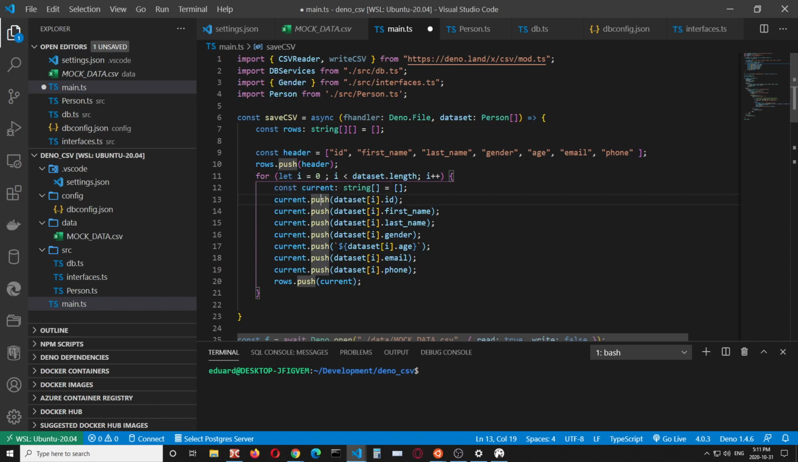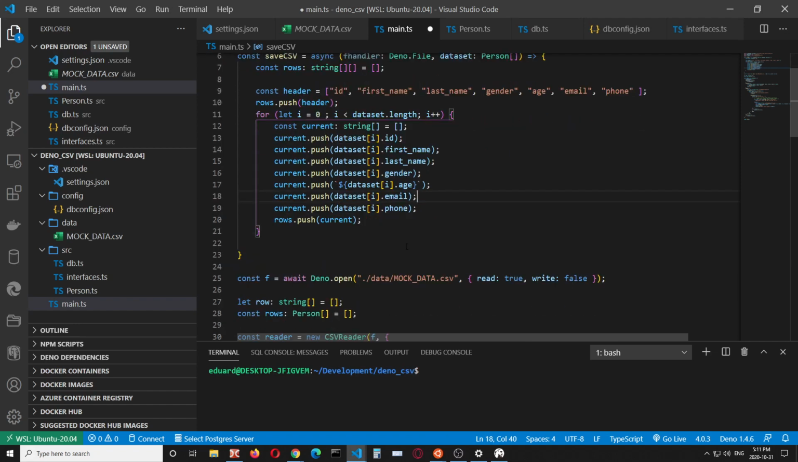And of course, I'm not forgetting that the age is actually a string. I'm inserting that as a string because otherwise you will receive an error. And then I'm storing into the rows the current row. Okay. So after that,